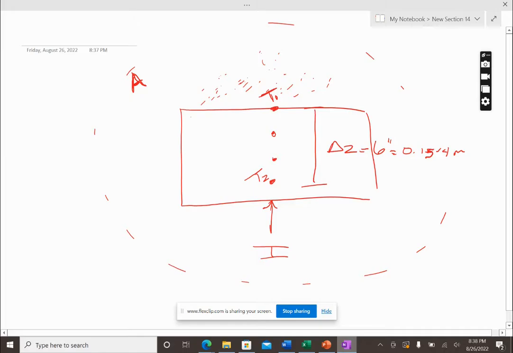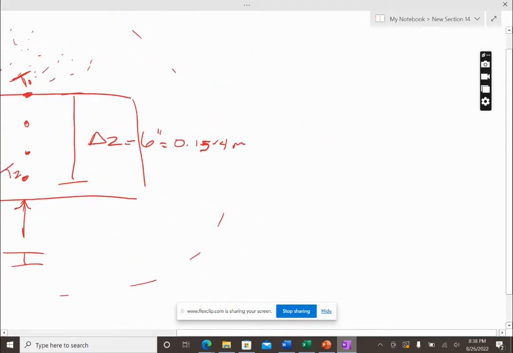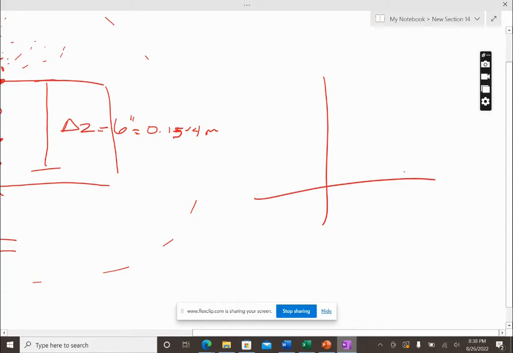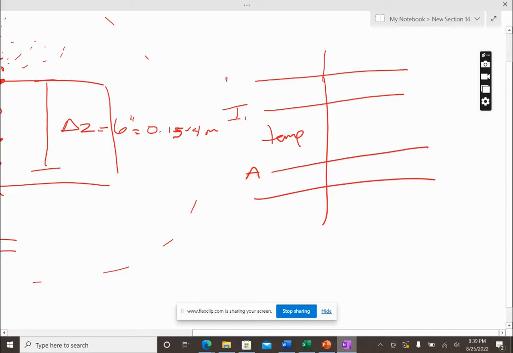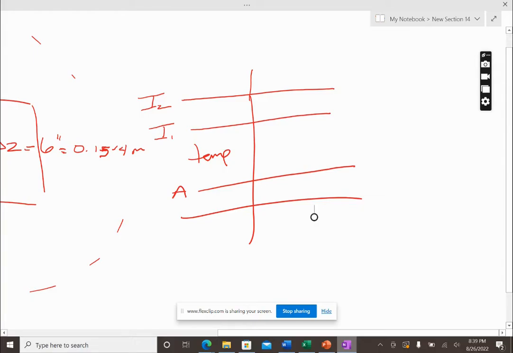Now, to predict the temperature at the surface, let's call it T1, and T2 is at the base. Suppose we measure a temperature from a starting ambient temperature, and we have two inputs, I1 and I2, which is going to be a hotter water temperature. To summarize the prediction, we start at the ambient, and when you heat it with I1, it's going to go up and reach a steady state somewhere around here. Now when we heat the second one with the higher input, it's going to go up a little bit higher and then stop, steady state